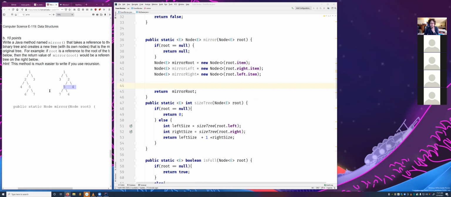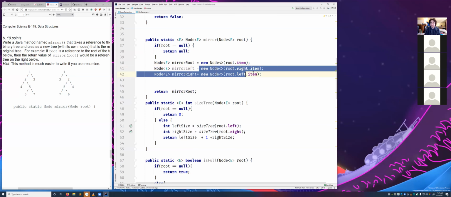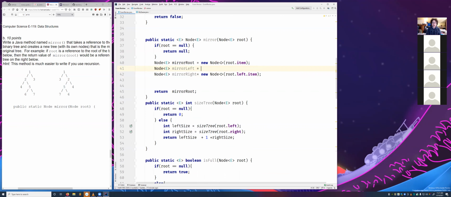Honestly, that seems like a job for recursion, because the entire idea is that this is all really hard stuff that I want my subtrees to do. So let's look at this. We've got 2, and then 2 has 4 and 5, but that switches to 5 and 4, and then their children. So actually it's much easier than we think it is, because all we have to do now is say, hey,